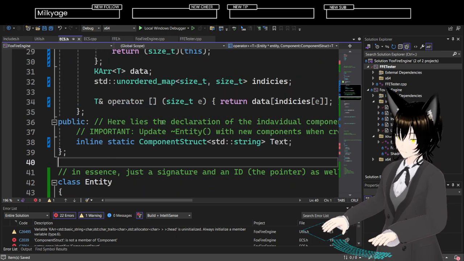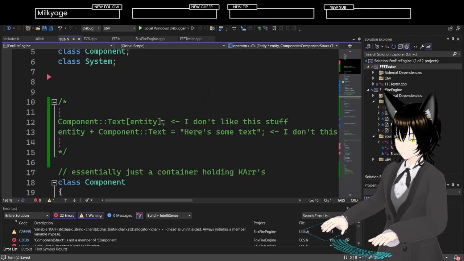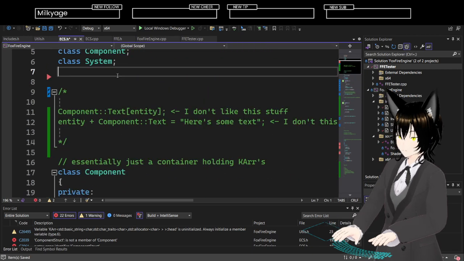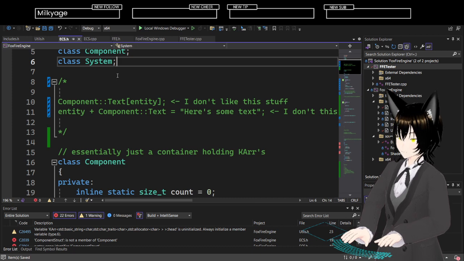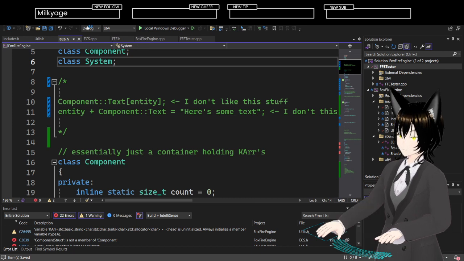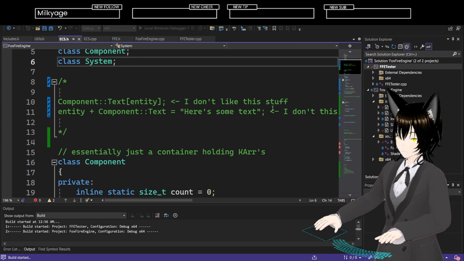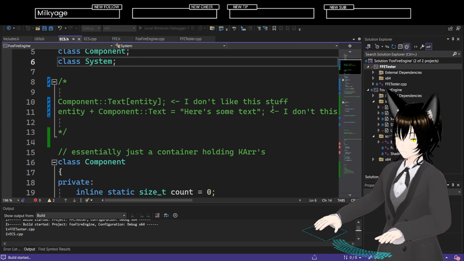Yeah, it should be fine. It's not declared yet. Because component struct needs to be declared beforehand, I do believe.